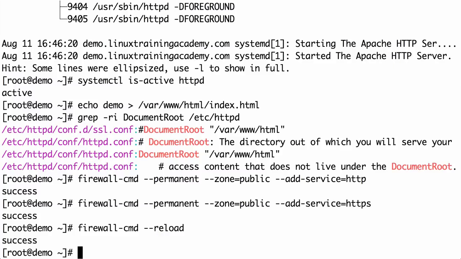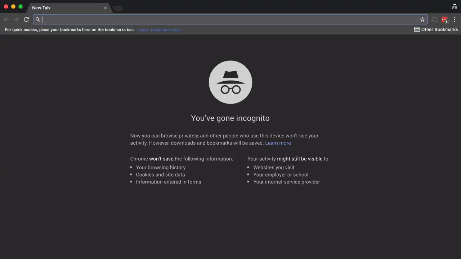At this point, we're ready to test the web server. We just want to make sure that it's up and running and accepting HTTP and HTTPS traffic. So open up a web browser and type in your domain name. Okay, the page loads, it returns back the information that we put in the index.html file,